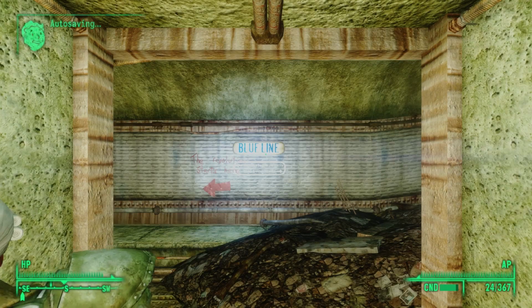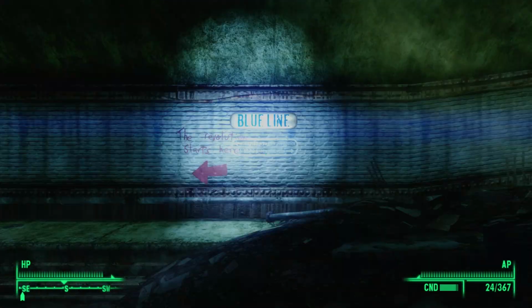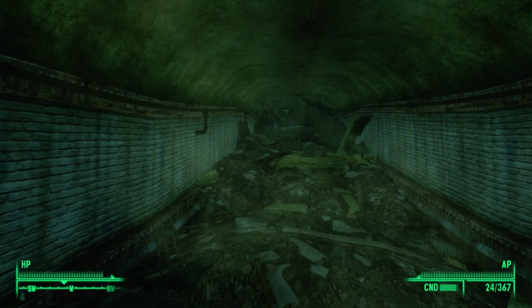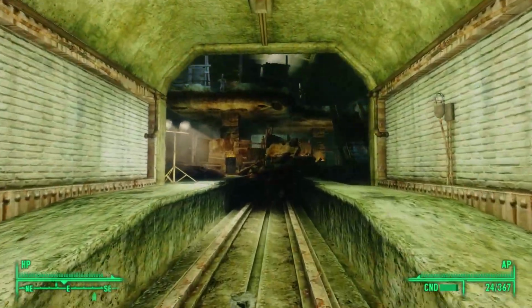On the other side of this door, we see graffiti painted on the wall. The revolution starts here. Heading out to the tracks, the west is blocked, so turning east, we are just about to step out into a large, vaulted room when...